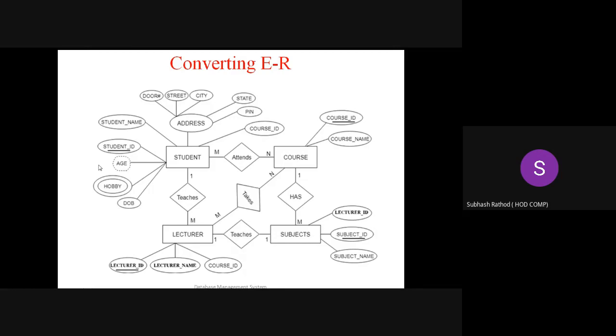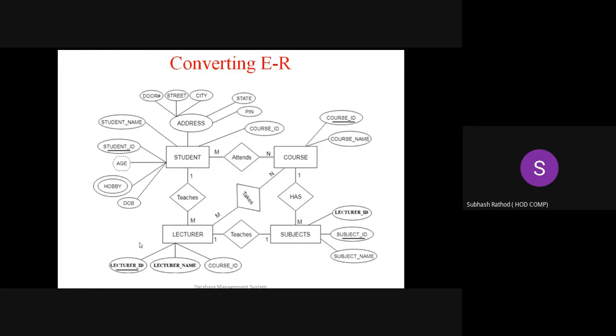You have to think about this entity, student. How many attributes does it have: composite attribute, primary key, multi-value attribute, derived attribute, weak entity? What kind of relation is it: whether the relation is one to one, one to many, many to one, or many to many?